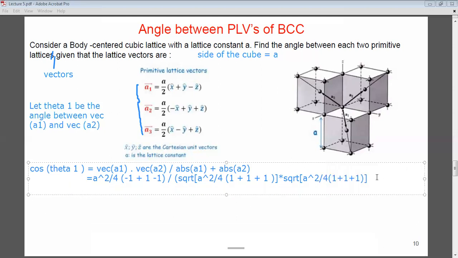Okay, so how much is this? This gives me minus 1 plus 1, 0, minus 1. So this gives me minus a squared over 4 divided by